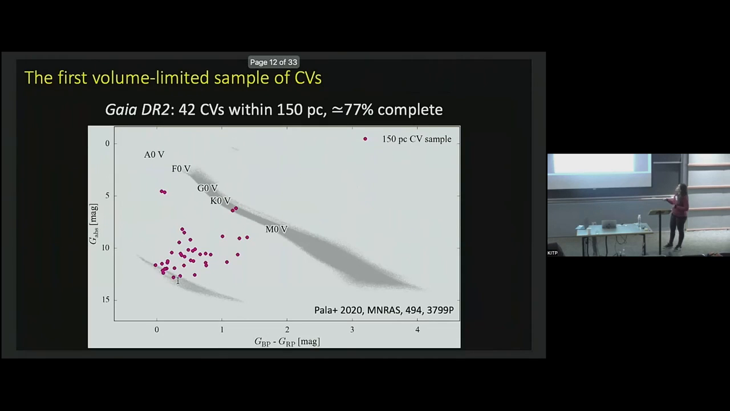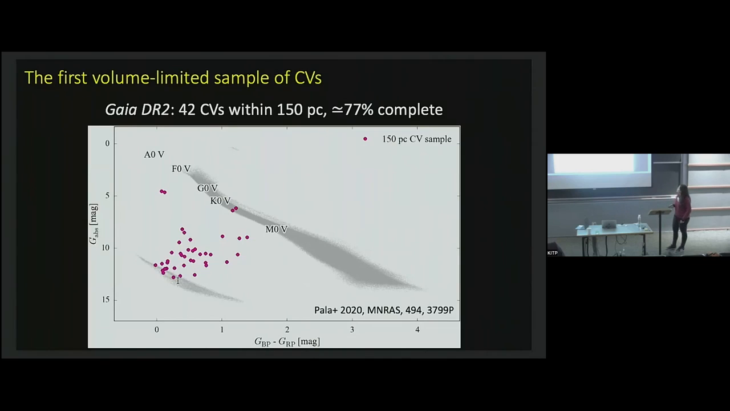But this is not all, because thanks to the advent of Gaia, we also had the opportunity to build the first volume-limited sample of objects. Once you have a volume-limited sample, you can better understand observational biases, and you can have a look at the properties of the population. So back in 2020, we used Gaia DR2 to pin down all CVs within 150 parsec. We built this volume-limited sample of objects, which is made up of 42 systems. We could estimate that this sample is 77% complete, and this is where these CVs are located in the